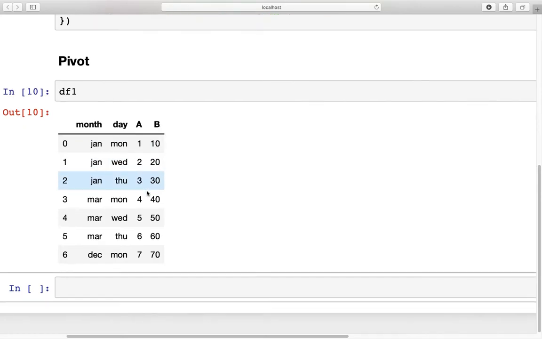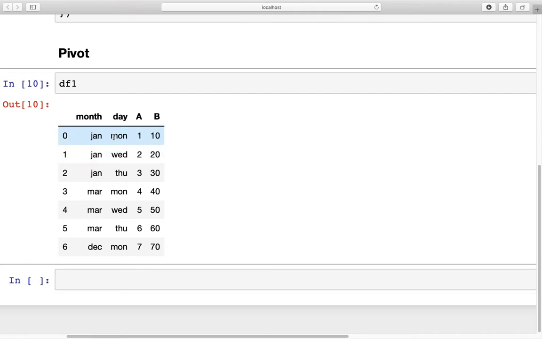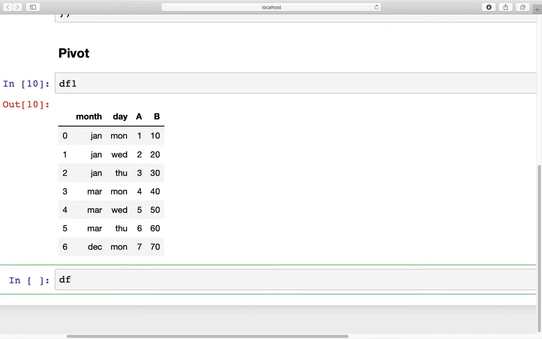Here we are going to keep the column of month as is, but then we are going to convert the column of day into columns. Right now the day column has data in different rows: Monday, Wednesday, Thursday. So we are going to create columns of Monday, Wednesday, and Thursday, and so on, for the data that's in the day column. To do that, we want to write df is equal to df1.pivot